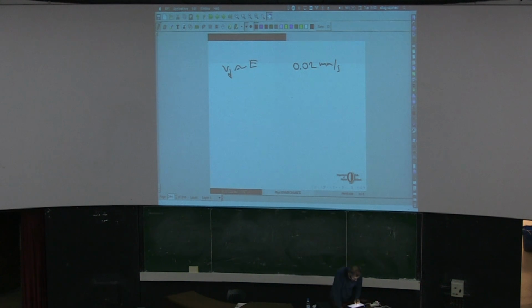Now, if you imagine this is my metal, I am creating an electric field due to the battery, and I will just study the drift velocity. I will ignore the instantaneous velocities of the electrons. So if I imagine the drift velocities, the electrons here, they are moving. They will all be in motion.